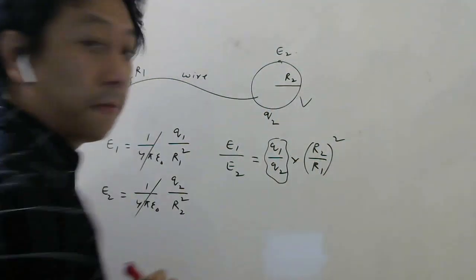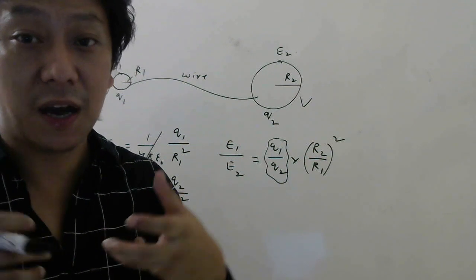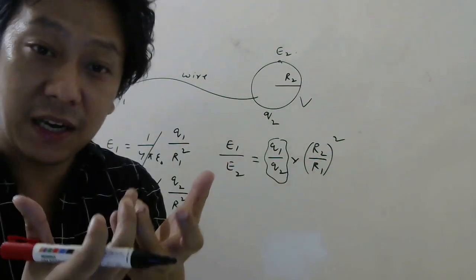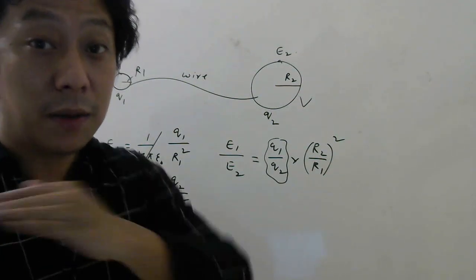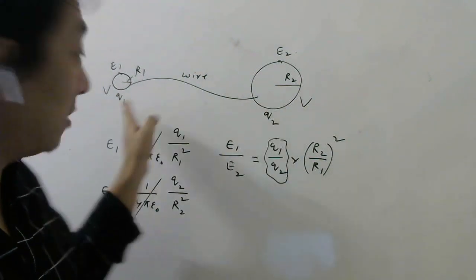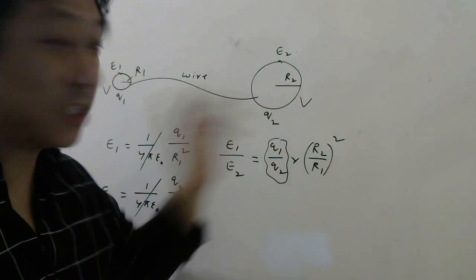Now charges will flow till the potential here and here will be constant. Once conductors are brought in electrical contact with a wire or directly, charges will rearrange till potential everywhere in the conductor is constant. Charges need not be constant, electric field need not be constant, but potential must be constant.